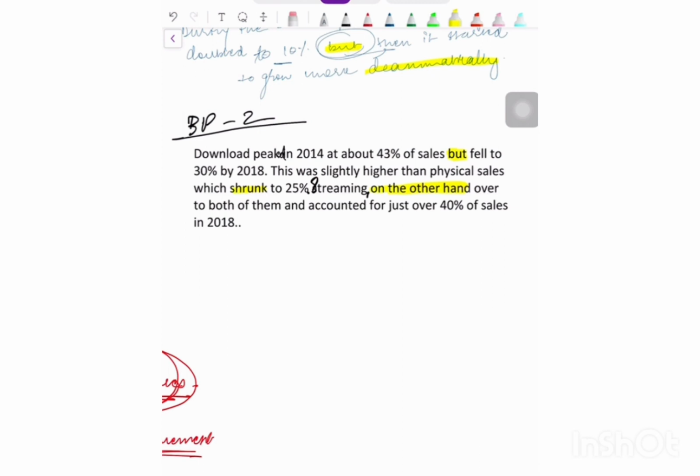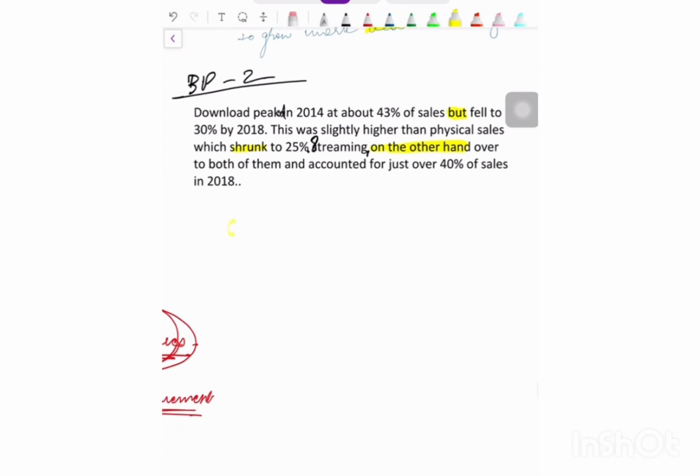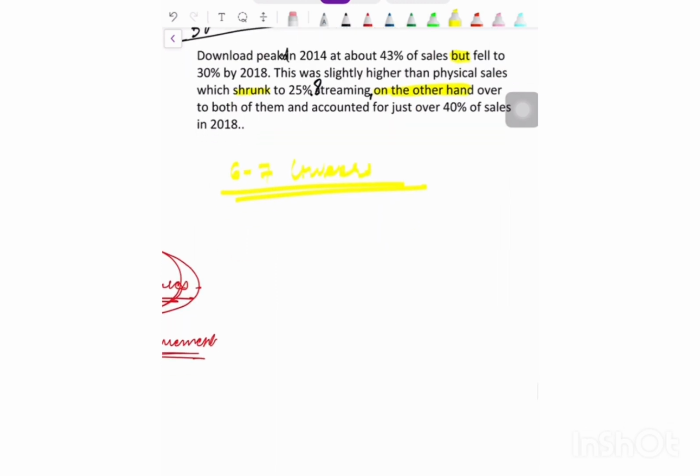graph, right. एक और चीज़ है इसमें learning wise. One more thing is there to learn, that is how to write words of approximation. Like if instead of writing 25, I can write a quarter of people were interested in downloading music. Or if I wanted to write 20%, I could have said a fifth, okay. So we will learn this kind of language also. कैसे? I'll tell you